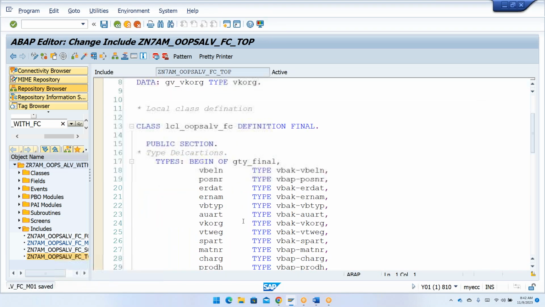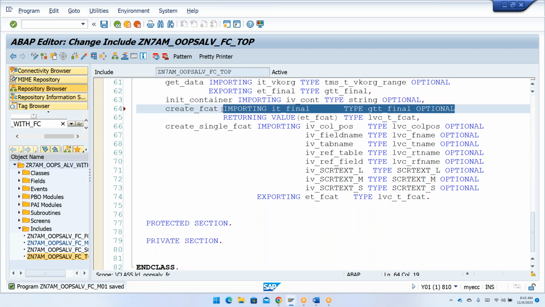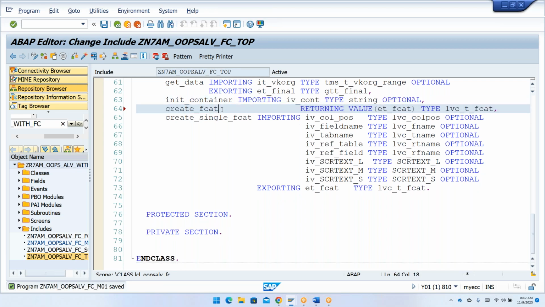Let me go to my top declaration. So this is my field catalog. Inside that one I have used this. Let me copy this. I'm going to take this as optional, or else you don't need this one also. So I'm just going to have directly my returning parameter, control S. So for your returning parameter, when you want to use it,